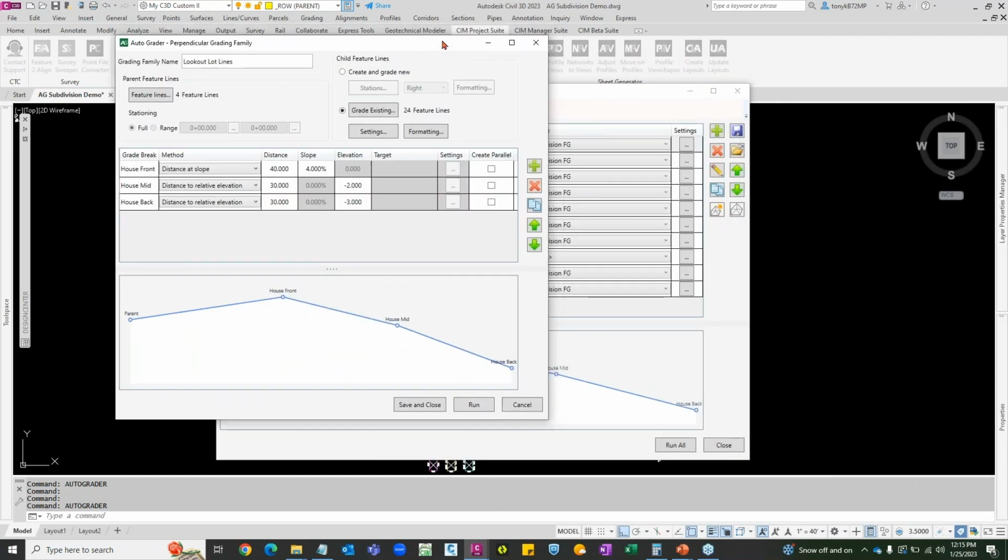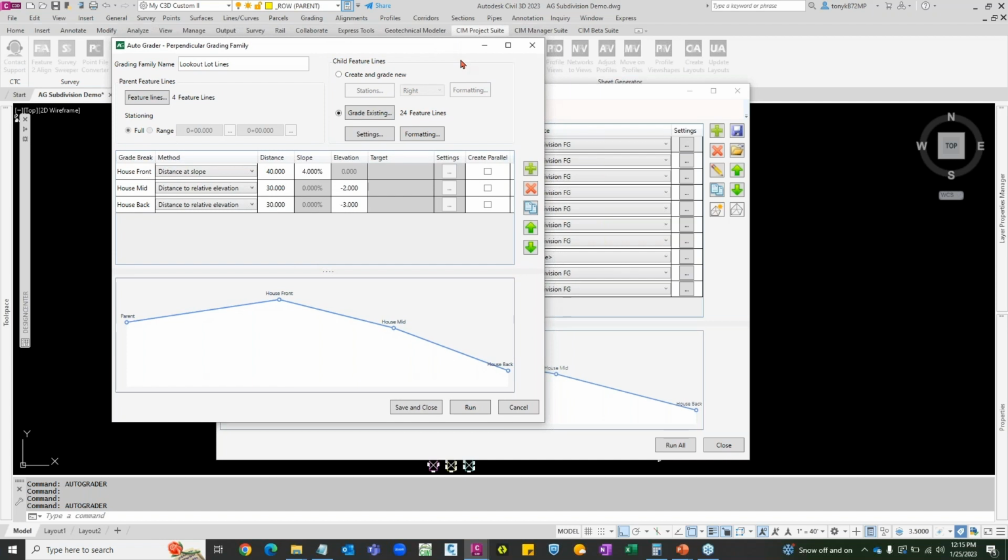Okay, so we're running actually three monitors here. Things pop up, and we can only see them on one, unfortunately. So we have a graphic representation here, and this is the depth of our lots. So it's 70 to 100 feet, 100 feet deep. We're going at a distance, from a distance at slope, and what we're going to do here is, let me